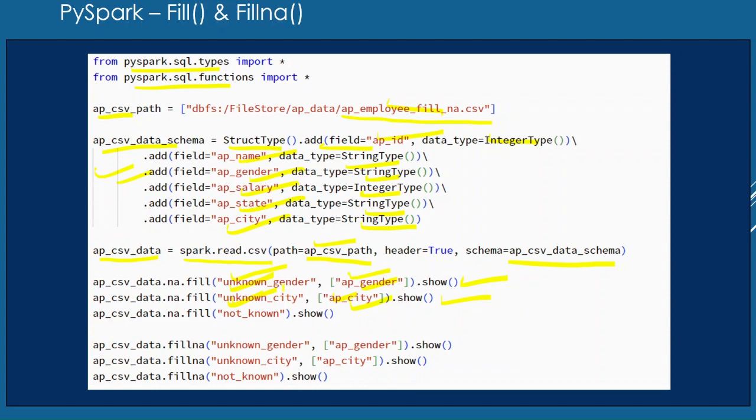If those columns also have some null values, they will be kept as they are. But if you want each and every column of a data frame which has null values to be filled with a particular text like not known, it will fill not known for each and every column which has a null value. So we have seen how this fill function works. The same concept is there for fillna, only here we are using fill and there we are using fillna. That is the only difference. Otherwise the functionality is the same.